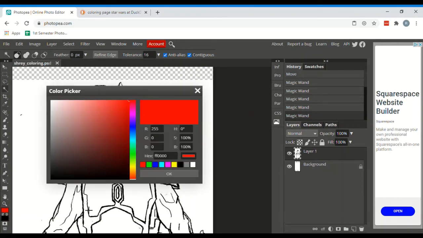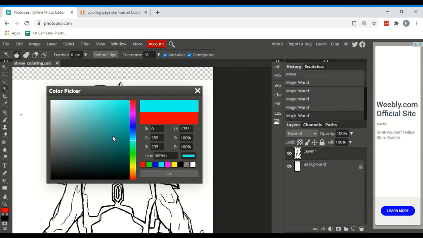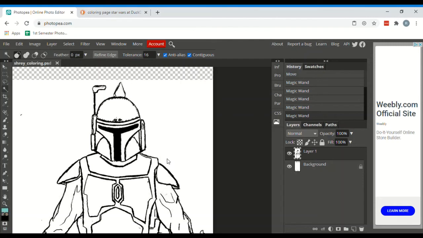It's been a while since I've seen the show, but it's usually some combination of grays and bluish gray colors. So I'm going to choose some kind of bluish gray color. It's a little too blue. Click OK, and then I'm going to choose